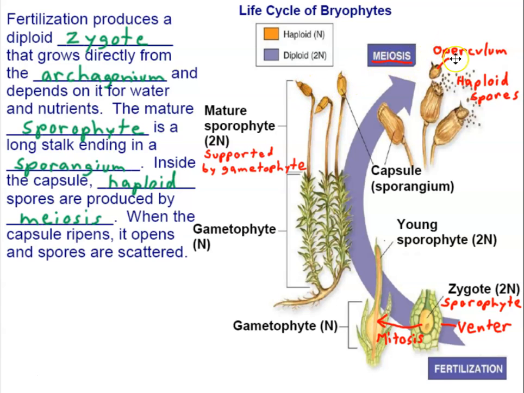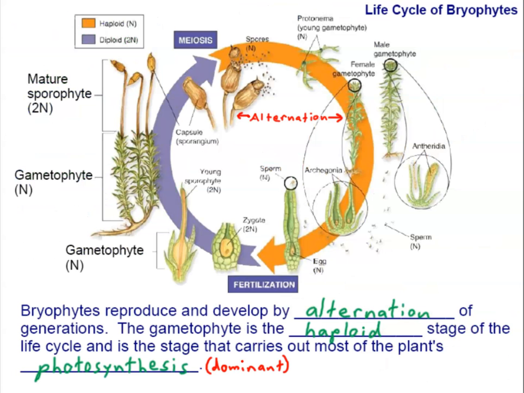And so that takes us right back to the beginning again, because on the previous slide we started with the haploid spores that germinate into the gametophytes, either female or male gametophytes. And that's the life cycle. This slide is simply to look at the whole life cycle together instead of on two separate slides, and to point out the alternation that's going on here.